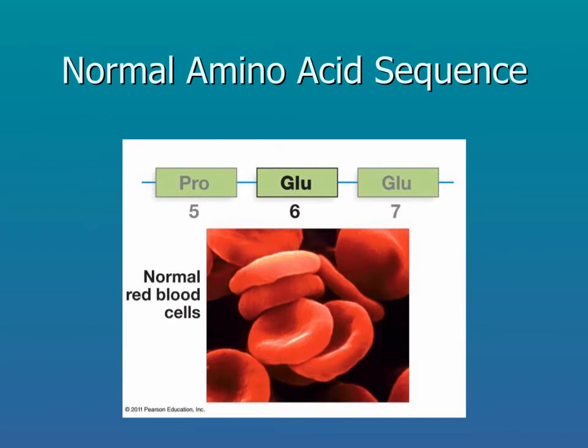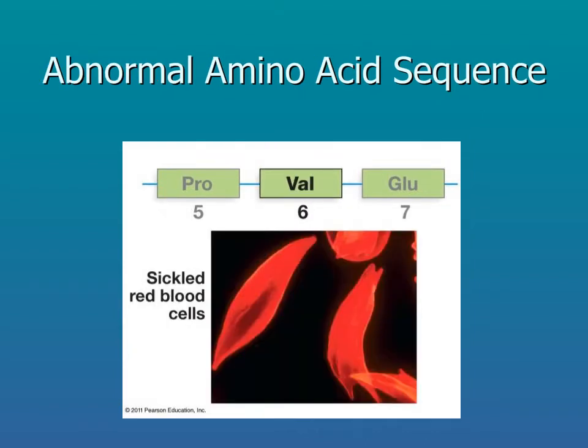Remember we discussed hemoglobin? Well, these are normal cells because they have normal hemoglobin. The amino acid in the 6th position is glutamate. But what if we were to change that one amino acid? We would be changing the primary structure, and this might affect the other levels of organization. In fact, a mutation that results in valine at the 6th position creates hemoglobin that is not normal. With this one amino acid change, the hemoglobin forms a crystal structure and is not the best shape for iron, so oxygen does not bind as well.